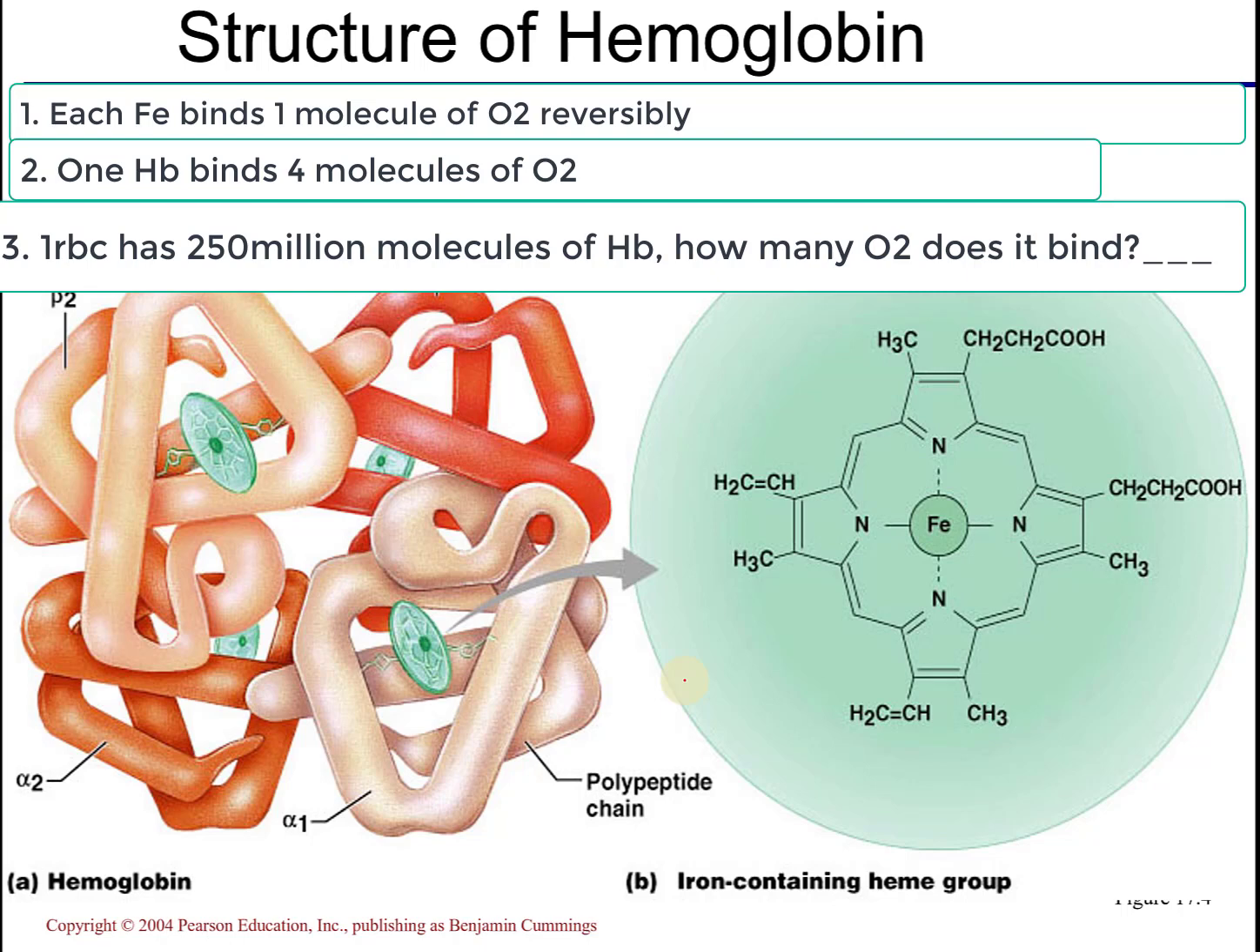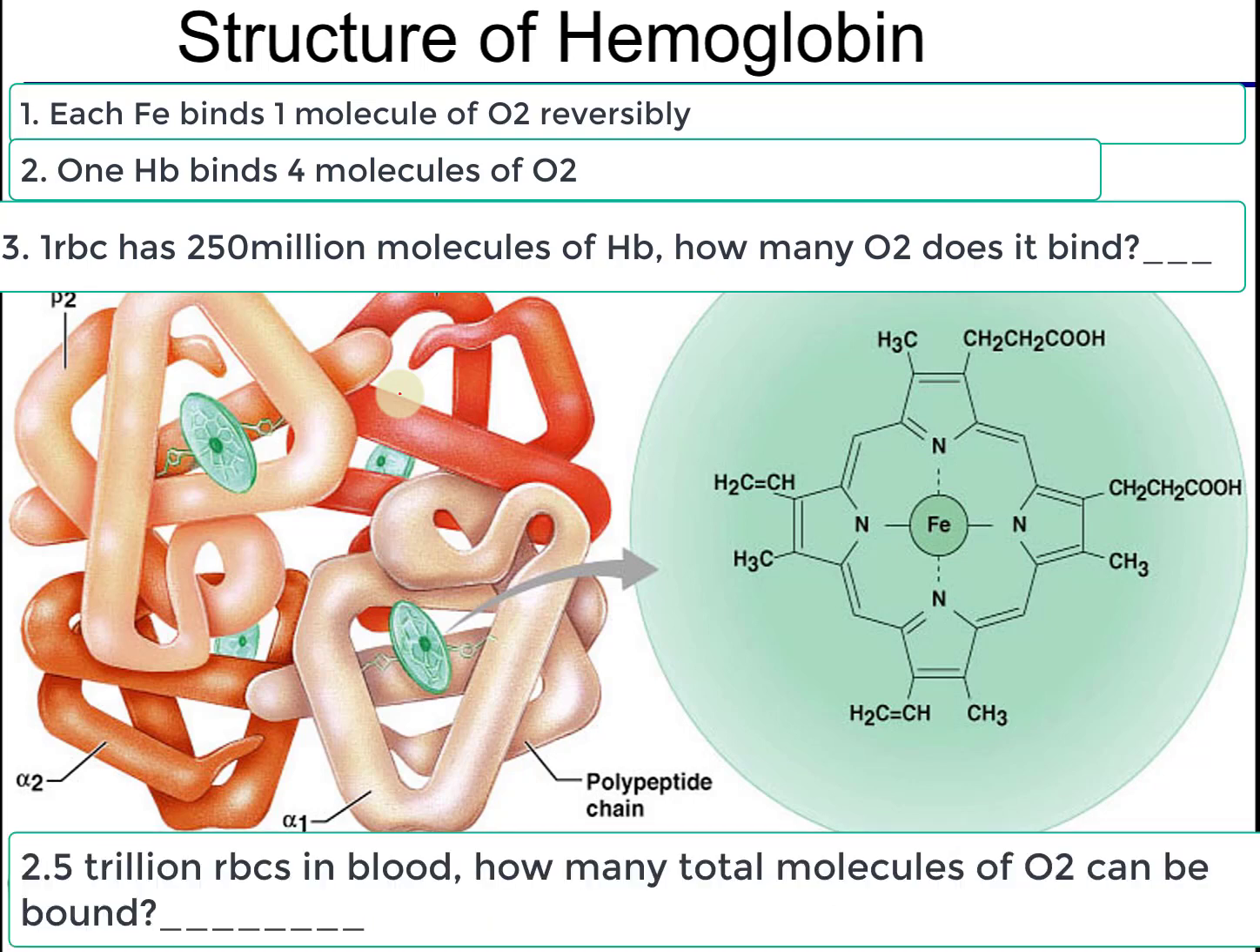Well, you just multiply it by 4 and you end up with 1 times 10 to the 9th, or 1 billion molecules of oxygen. That is a lot of oxygen. 1 red blood cell binds 1 billion molecules of oxygen. Do we need 1 billion molecules of oxygen? Probably not. In fact, now I'm going to tell you that in the human body there is 2.5 trillion red